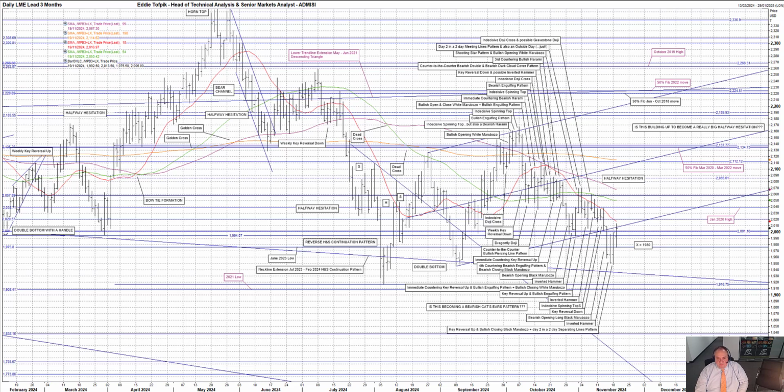LME 3-month lead. 2 weeks ago, I detailed a number of supports below the market at the time, as well as a resultant move that is all very significant now. And I quote, "Some of the supports below, some of them well below, Fibonacci-based congestion otherwise, between 1994 to 2002, followed by the June 23 low at 1976, which looked, how shall I put it, less interesting. Then the 2024 low in August at 1917, which I suspect is a function of the nearby 2021 low at 1908. There's also a neckline extension, that's currently at 1936, of the July 23 to February 24 head and shoulders